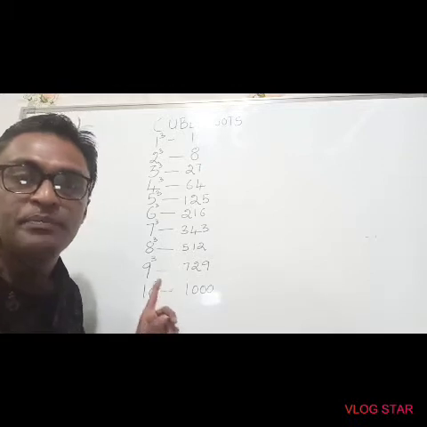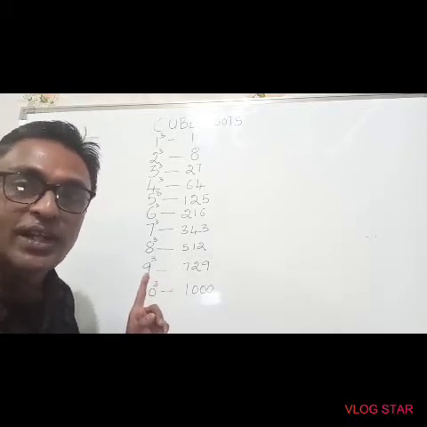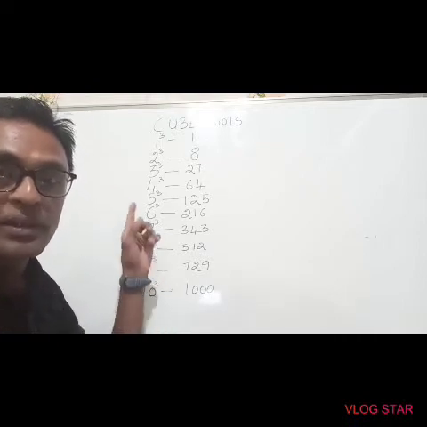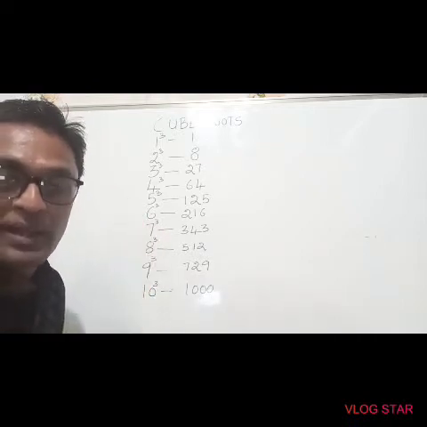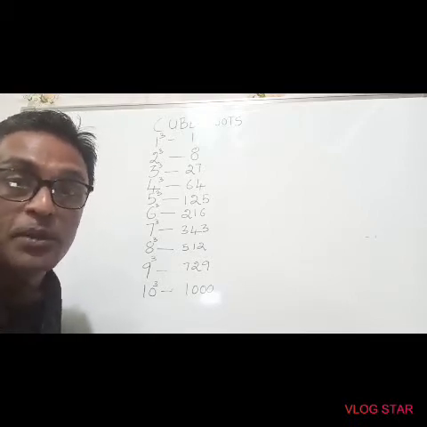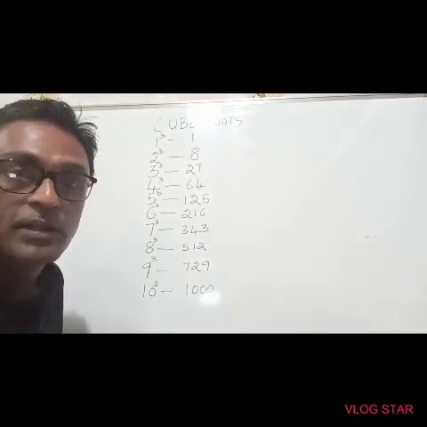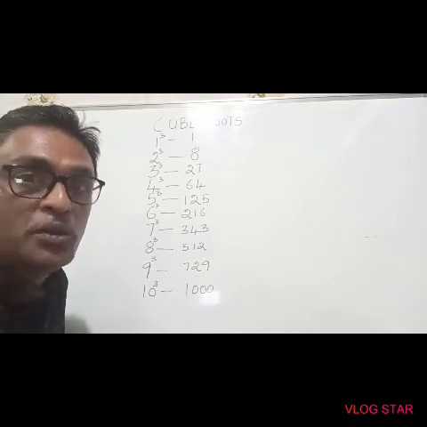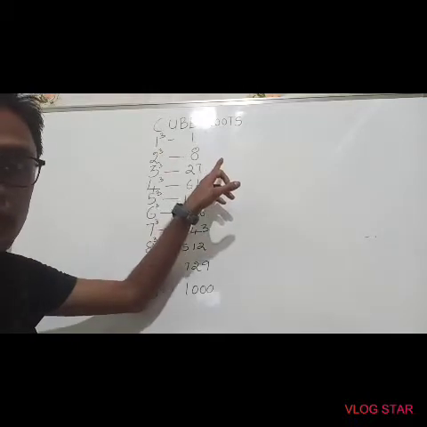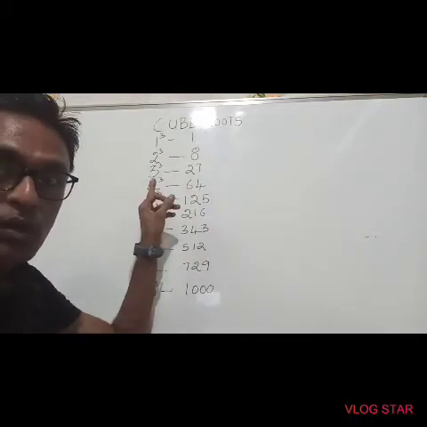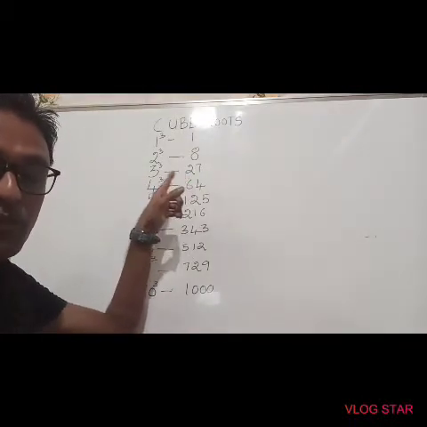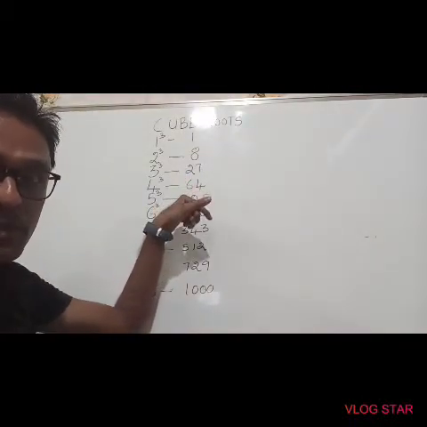For that, there is a basic requirement to extract cube roots of numbers of up to 6 digits. You should remember the cube values from 1 to 10. Like in multiplication tables, you have to remember tables up to 20. Like squares, you have to remember 1 to 20. Very similarly, you have to remember the values of cubes from 1 to 10. Say 1 cube is 1. You should know the answer, and you should also know that 1 cube ends with 1. So you should remember the answers of cubes of numbers as well as the ending numbers.